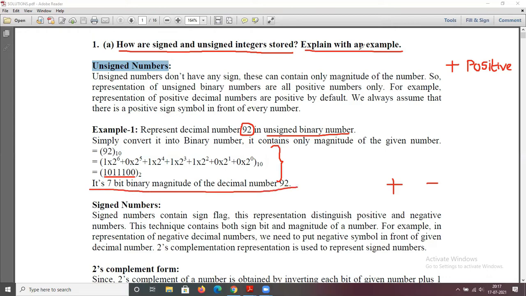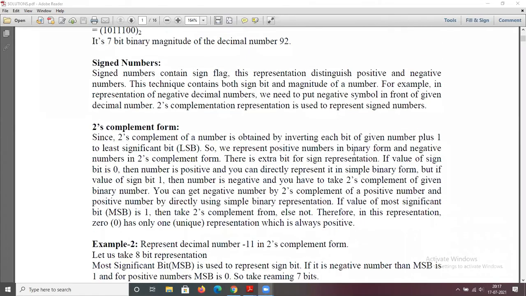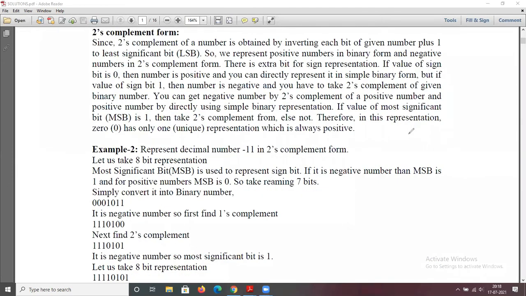Next, signed numbers. Signed numbers are both positive and negative numbers, that means plus and minus. For example, plus 11 and minus 11. We represent signed numbers by using 2's complement. So how do we represent plus 11? For example, in 8-bit